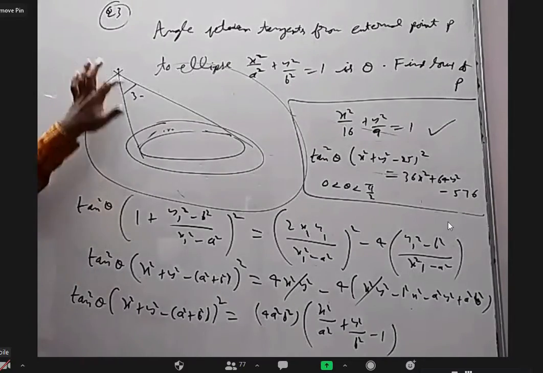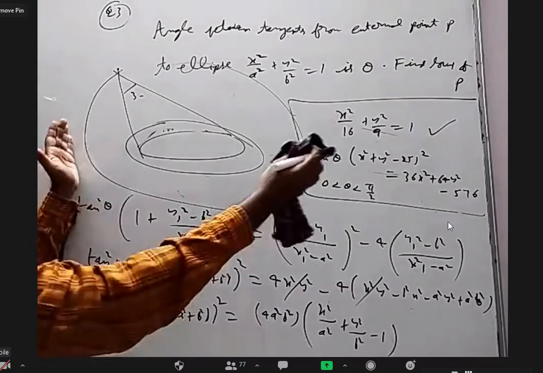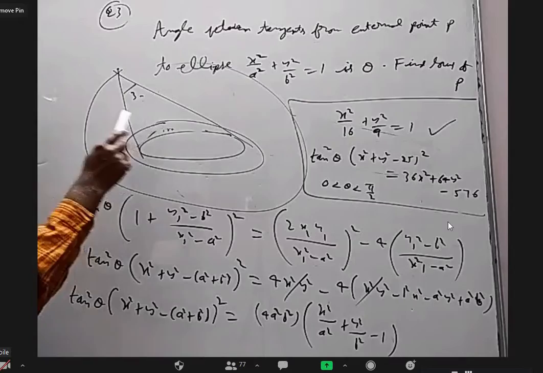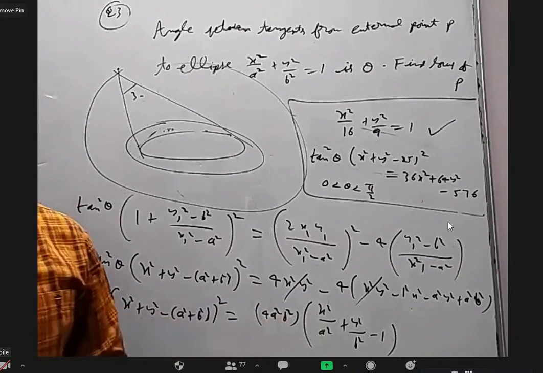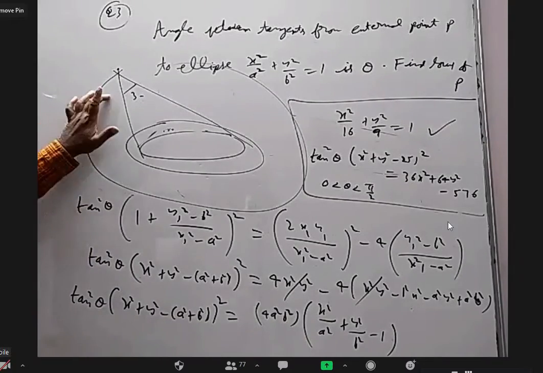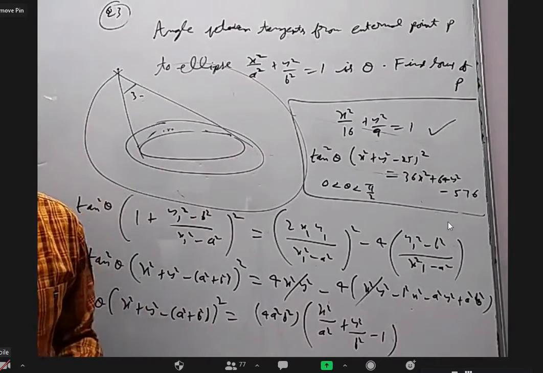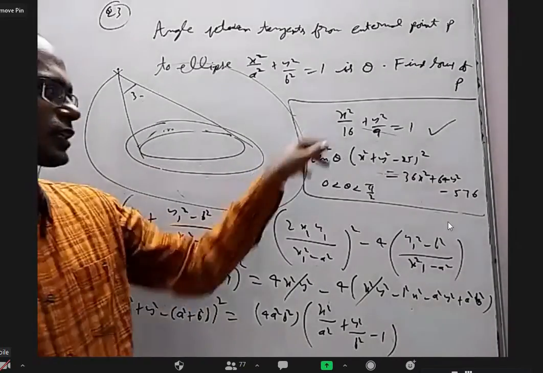Sir, this curve and this curve, they don't meet. They are two independent curves. This is because this is too close to the ellipse and that is too far from the ellipse. But both this and this combined, the equation is this. You can see when you square it, it is a fourth degree equation. I think it is a product of two second degree equations. Maybe they are two ellipses or two circles. I don't know.